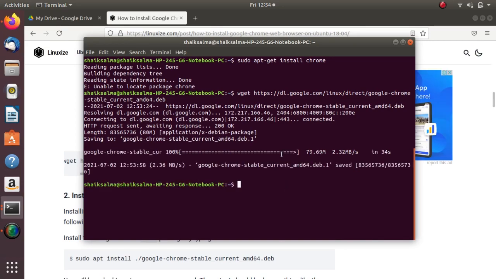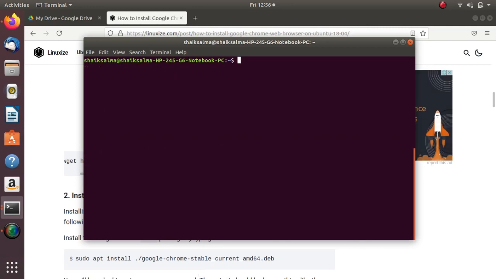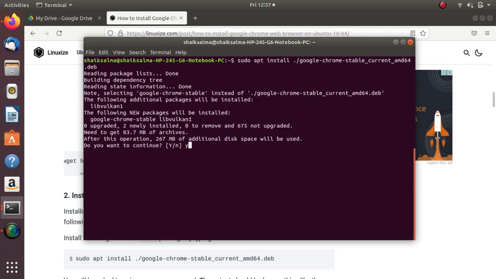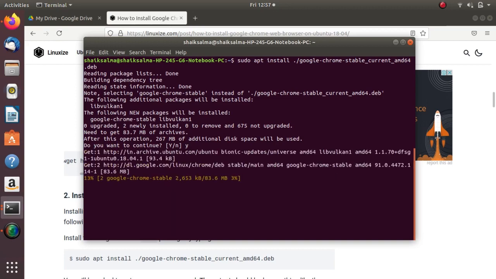Okay, that deb file is downloaded. After that you have to install that deb file. For that, sudo apt install ./ deb file name. Okay, enter. It will ask you yes, enter. Here the Google Chrome is installing.